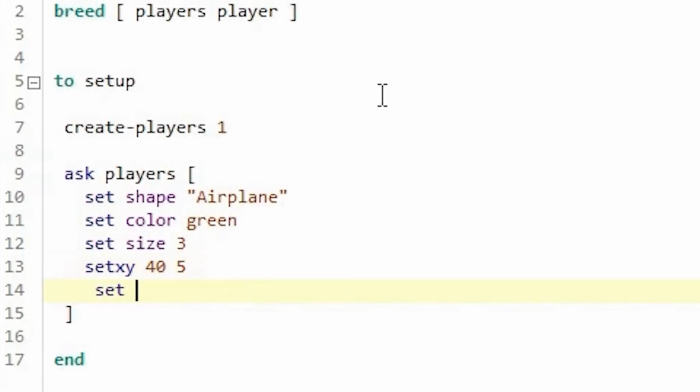So for that, I can say set heading, and here I can give an angle in 360 degrees. If I just say 0, it's heading north now.